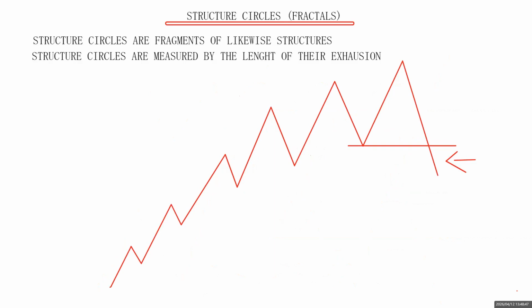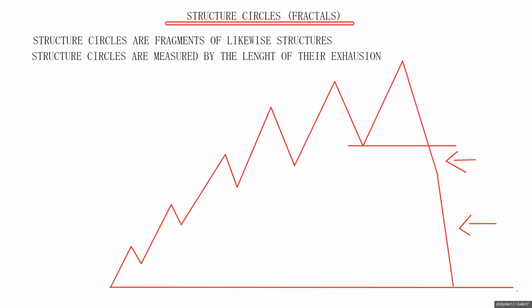So any sell ends here. If it's a retracement, it will end at the 61.8, which will be somewhere around here. But if it's in the direction of trend, this is the highest level it can get to, the beginning of that entire structure. So it's important to note that rule 2 states that